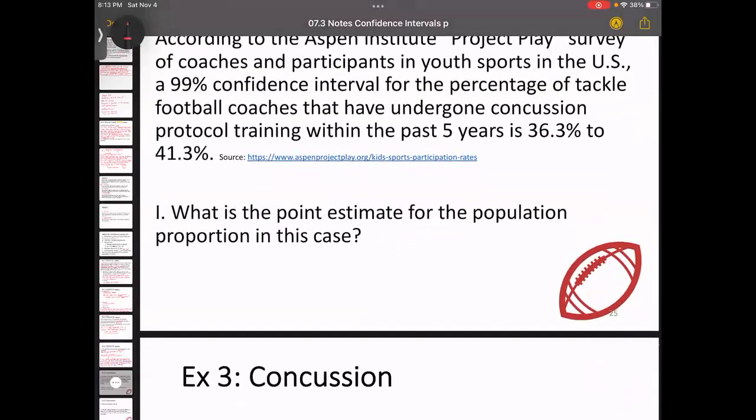And so the first question is point estimate. It says, what is the point estimate for the population proportion in this case? If you're savvy with algebra and have good number sense, this might be obvious to you. If you're not super wizard at this stuff, that's totally fine. Let me explain. You might see, oh yeah, that's simple. If you don't, that's super okay. Let me explain. So the point estimate